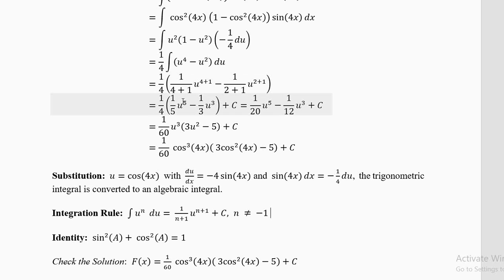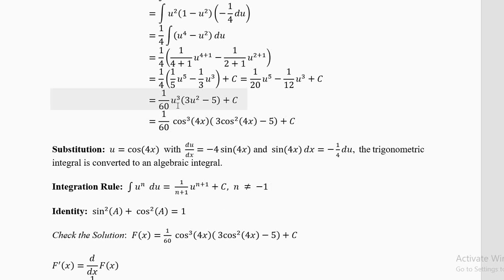We'll get u power 5 over 5 minus u cube over 3. Now 1 over 4 is outside, your integration is over here. Now you can factorize this if you so wish and put back the value of u. When you factorize, you'll get 1 over 60 into u cube into bracket 3u square minus 5. Now u equal to cosine 4x, put back the value of u, and your answer is complete in all respects